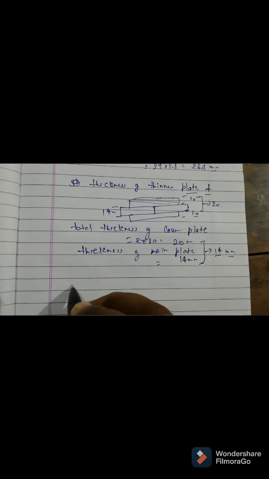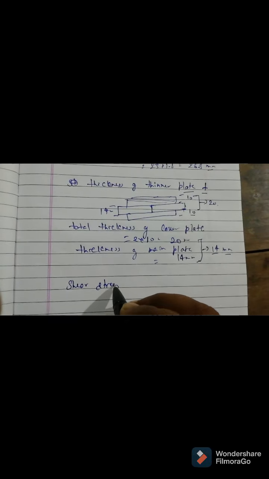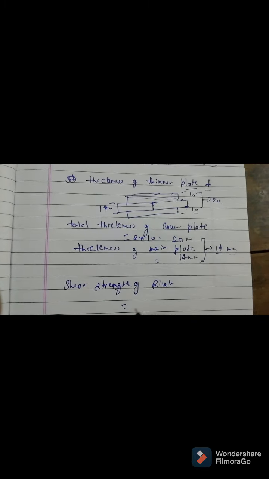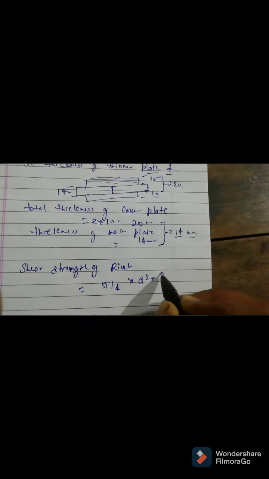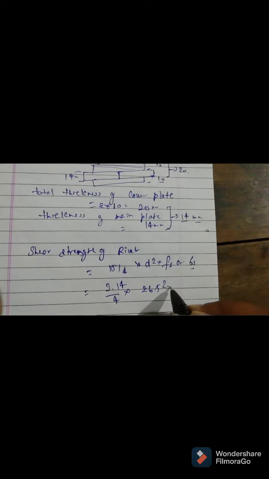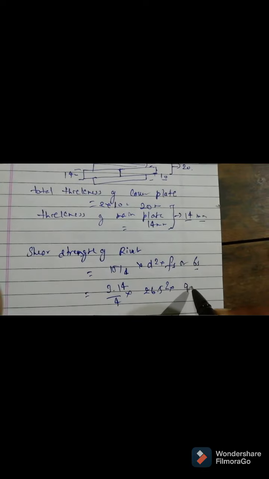So here the shear strength of rivet equals pi by 4 into d square into fs or sigma s, whichever has been given, that is 3.14 by 4 into d square, that is 26.5 square, into fs or sigma s, that is 90. Okay, so calculate this value. So now we have to calculate